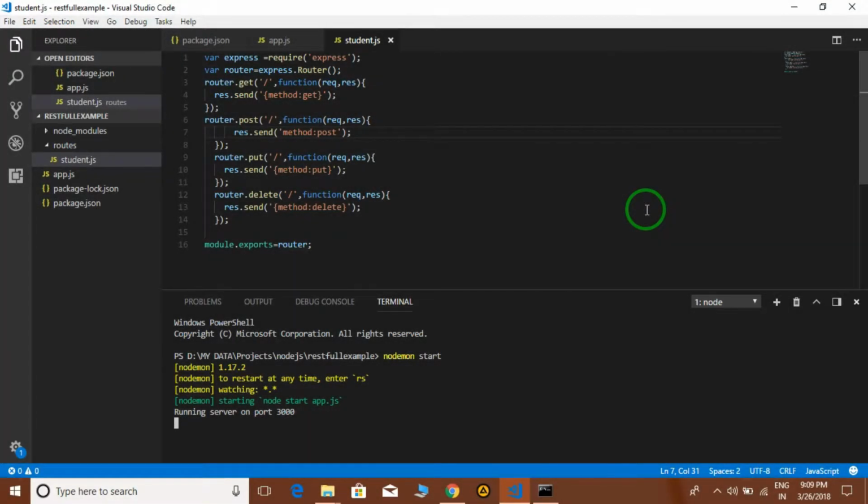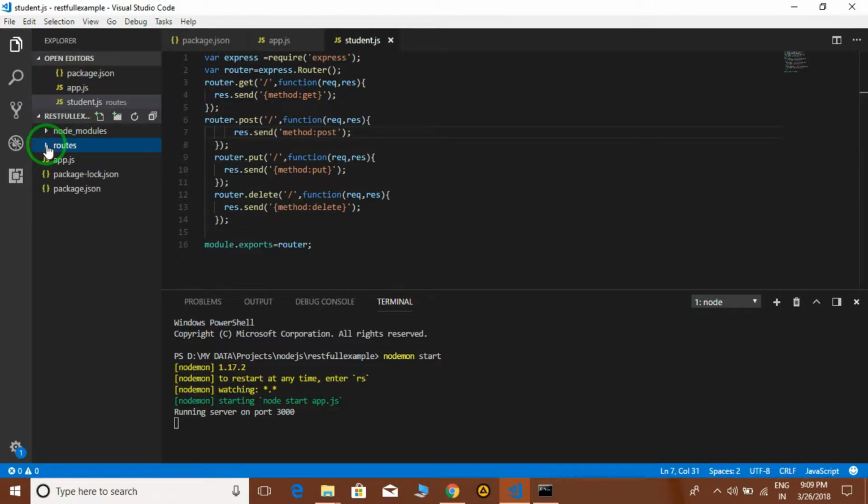Welcome back to another RESTful API lecture. In this lecture, we are going to learn how to create a MongoDB schema by using Mongoose, the module of Node.js. And later on, we are going to use that model with our routes for get, post, put, and delete. For creating that, first of all, we have to create a schema.